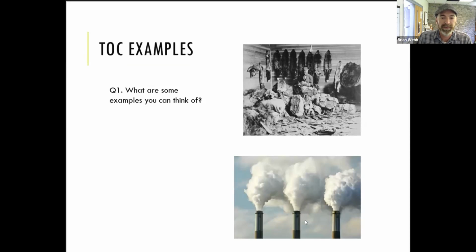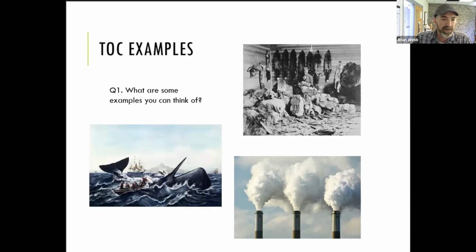The atmosphere, in terms of the ability to put pollution into it, is a classic tragedy of the commons example. There's nothing preventing people from dumping pollution into the atmosphere, and yet doing so degrades the quality of our climate system and our atmosphere for everybody. Or whaling, we almost hunted whales to extinction a couple hundred years ago for their blubber and meat products from whale oil. Because of overuse, because we couldn't prevent people, we almost hunted them to extinction. Classic tragedy of the commons examples.